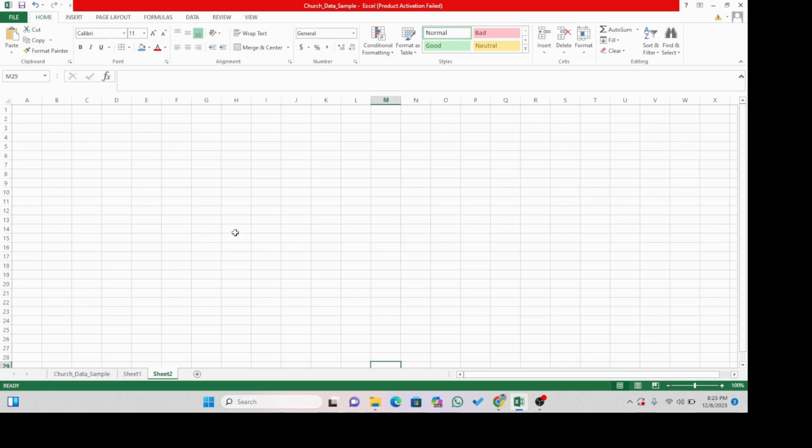Today I'll be teaching you the Excel interface. Things you need to know before you start inputting your data: the buttons on the Excel interface, your row, your